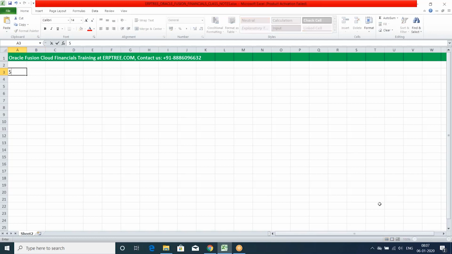So we discussed SaaS, PaaS, IaaS, and what is the difference, where we can do the customizations and where we cannot do the customizations. Those points we also discussed at a very detailed level.